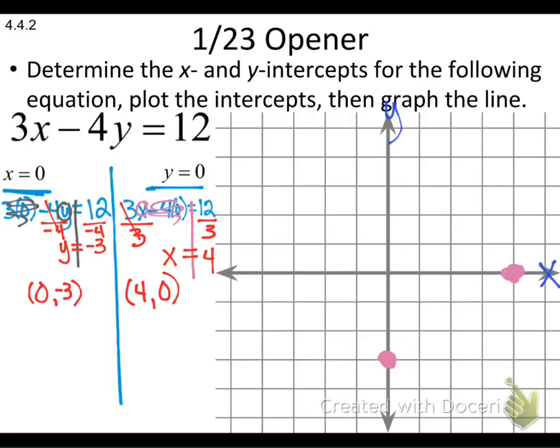Oh, that was not what I wanted. When you graph your line, you don't need to name this line because there's only going to be one line